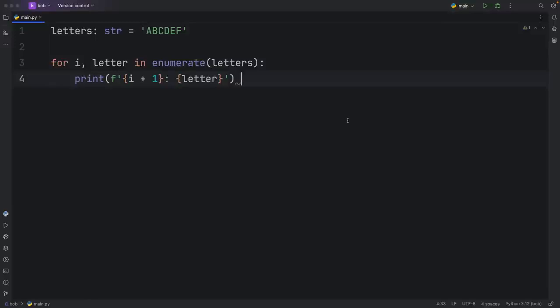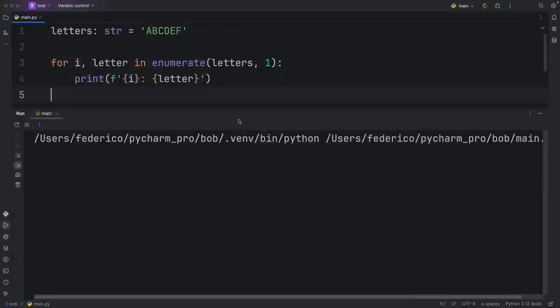But what a lot of people don't know is that this operation is completely unnecessary. So what we can do instead is remove the +1, and inside enumerate, we can just add 1 there, which provides the start of the enumeration. And this can be literally any number you want. But by doing this, we don't have to perform that silly operation on each iteration, and we will get the